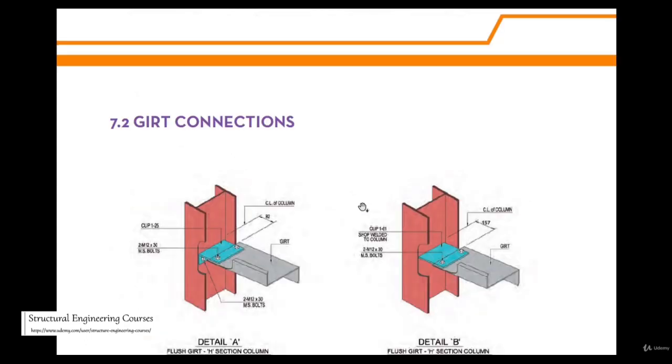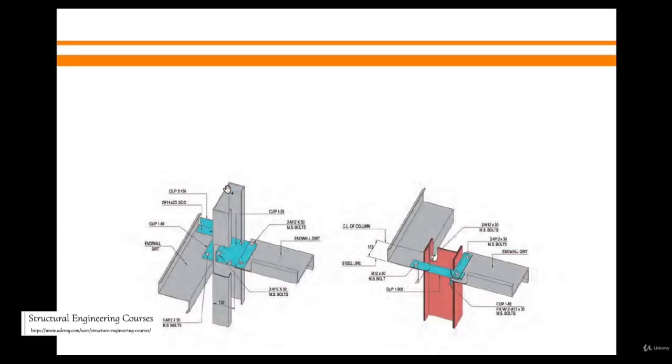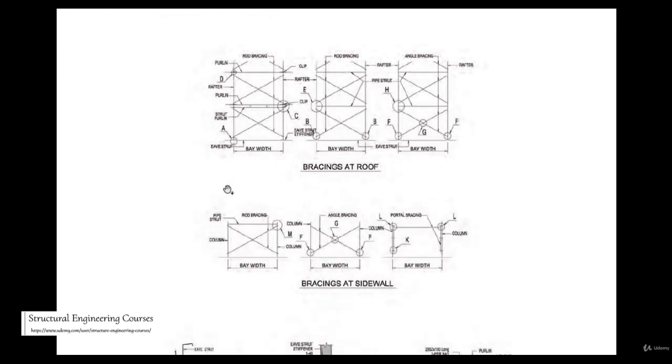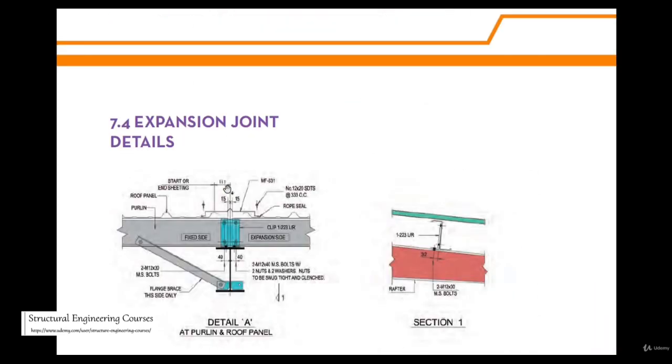This is a typical detail at the eave arrangement. This is a girt connection. When we want to join the girt, what we do is provide a clip section here. With the help of this clip, we anchor this girt arrangement with the help of these two bolts here. This is also a typical arrangement showing the bracing details. So all these are typical